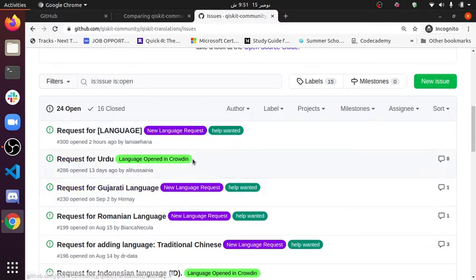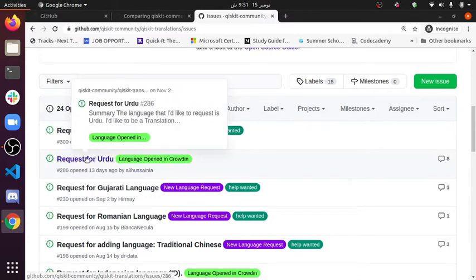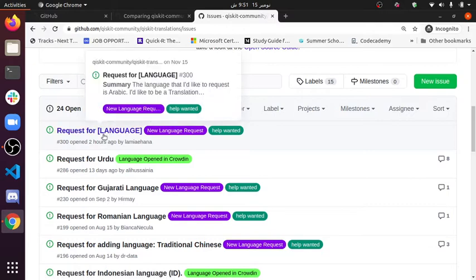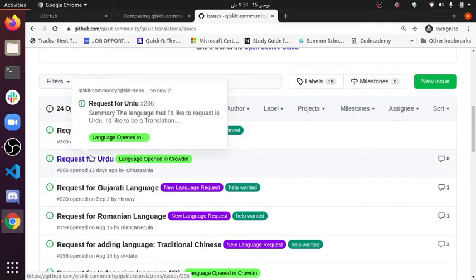Since we have added our name in Urdu, here is an issue, a request for Urdu. If you read the heading, it says Request for Urdu and then hashtag 286.